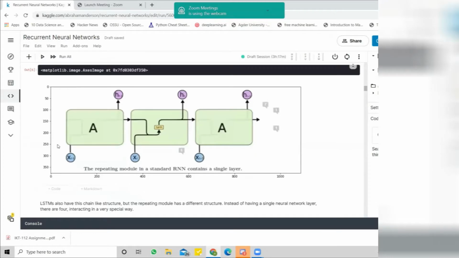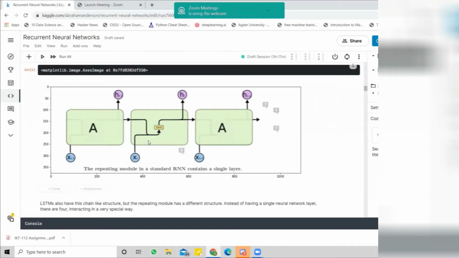In a normal sense, now you see a standard recurrent neural network. It only includes one single layer inside itself. As I said before, there is only one hidden layer, and normally it is this tanh function, the hyperbolic tangent function, but there's only one single layer.